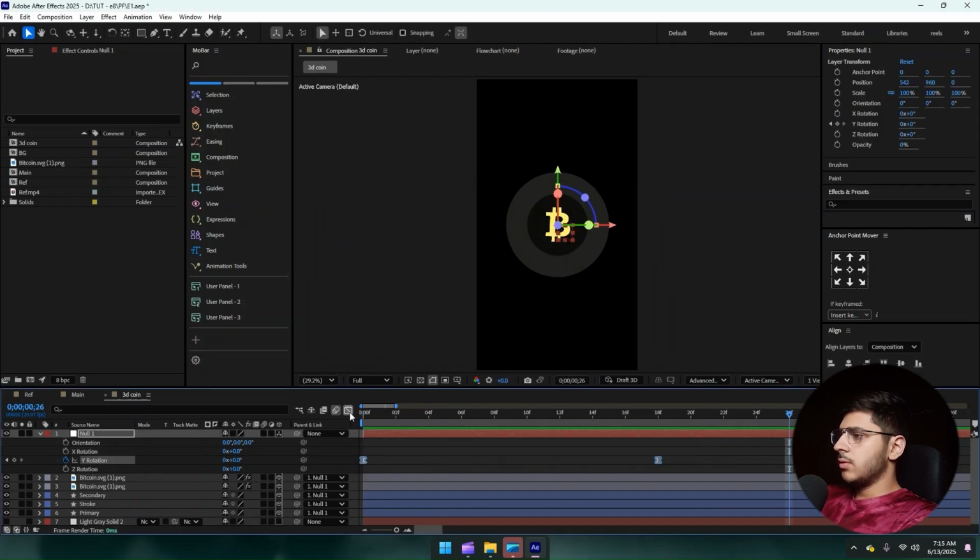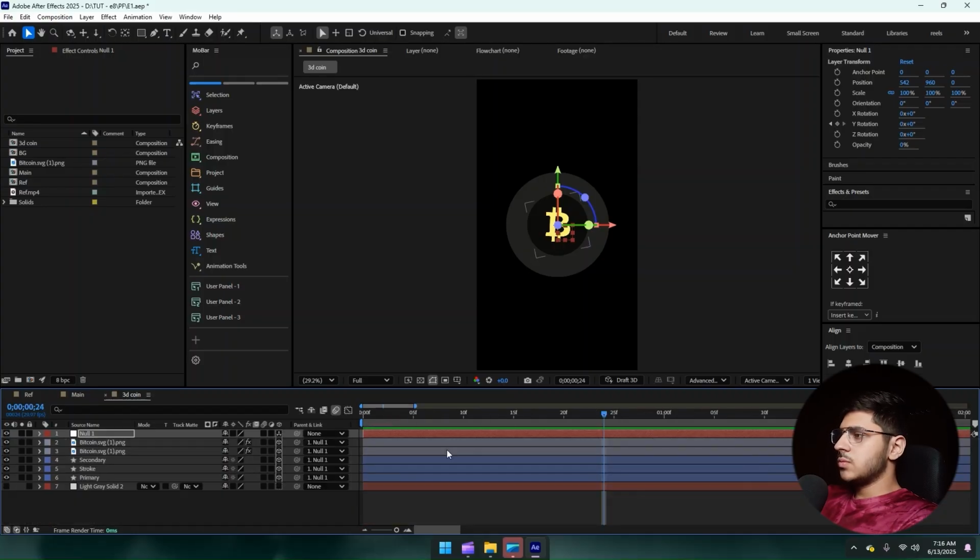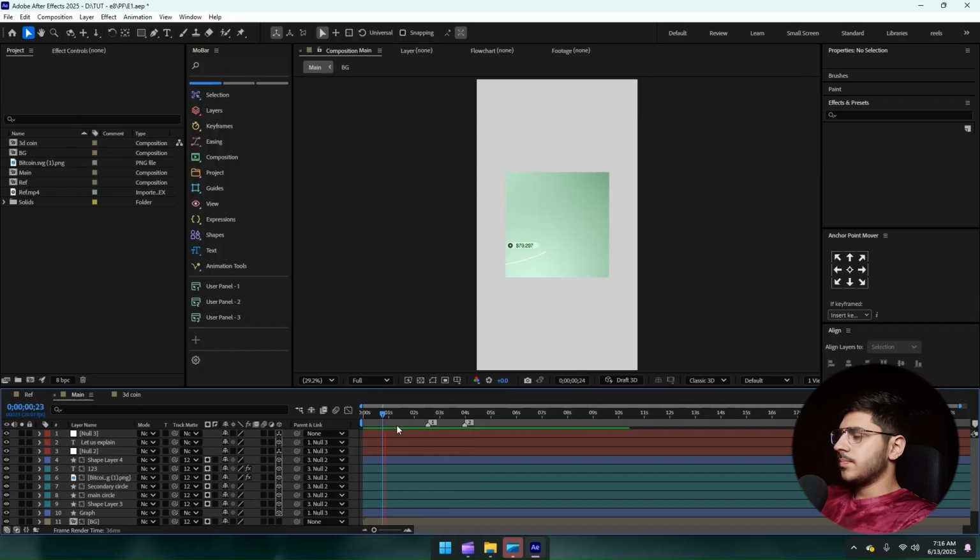Now what it will do is create a peak over here in your speed graph which gives more smoothness to our animation like this. Now go to the main composition. Once you are done,